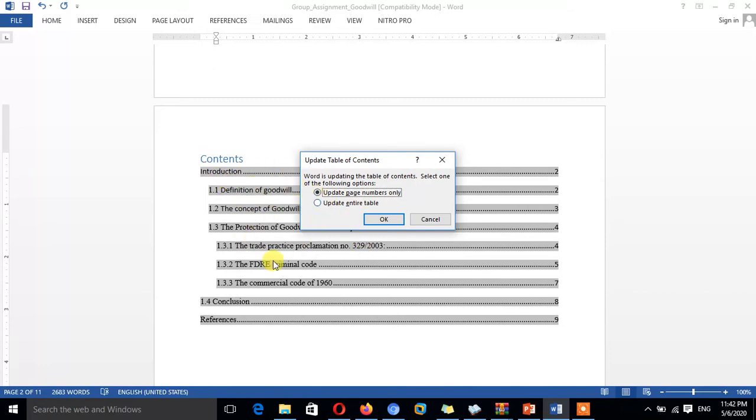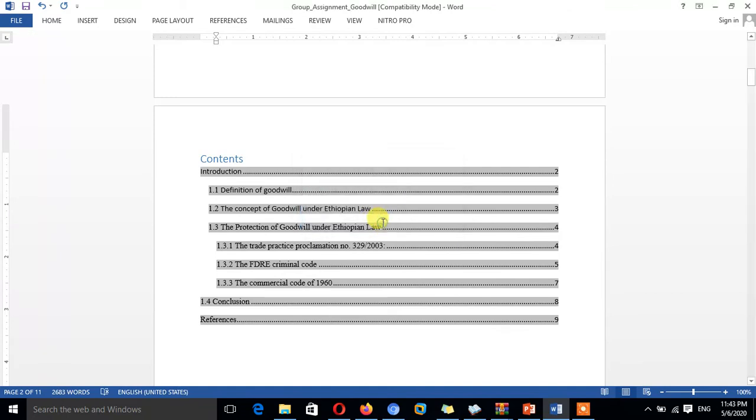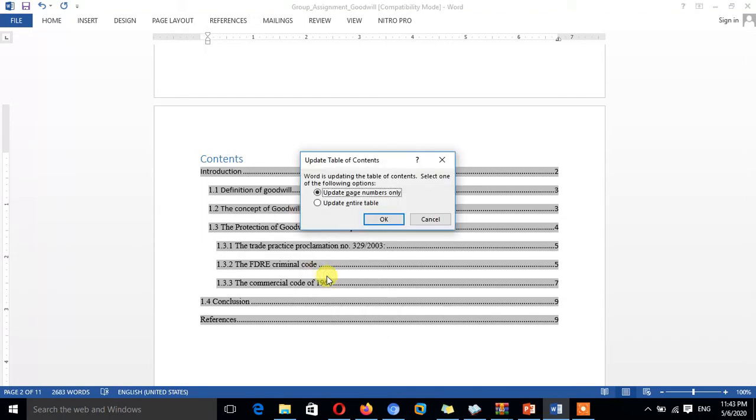If you want it to appear here, you just need to update the entire table, which updates the content and the page numbers together, or update the page numbers only. Just click on it. This way, if you add new content, the table of contents by itself will bring your additional titles here.